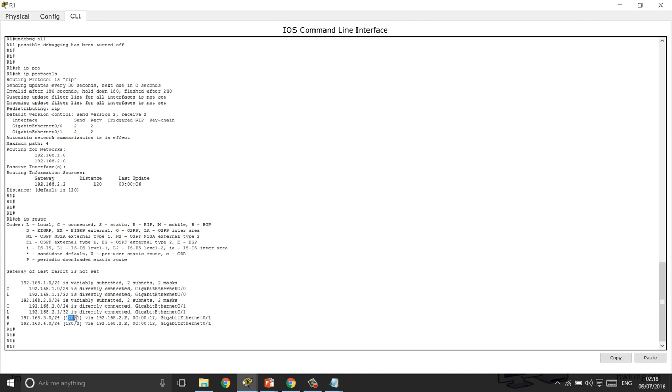Now what is AD? Admin distance, like we discussed, is believability. For instance, if there is another route, a static route, a static route has a believability of 1, which means it's the best. The lesser the value, the better. So for 192.168.3.0, RIP says you need to go via gigabit Ethernet 0/1, and let's assume there is another route for